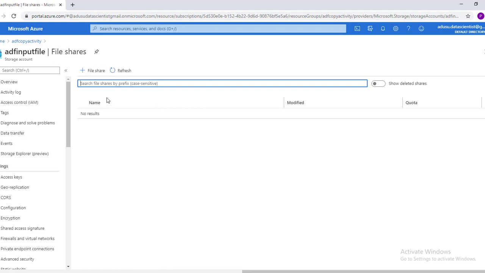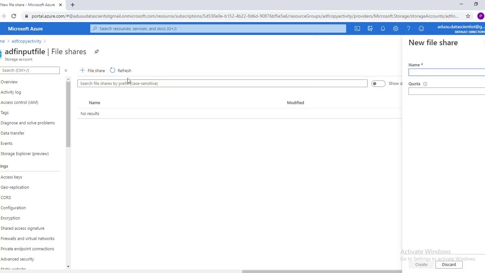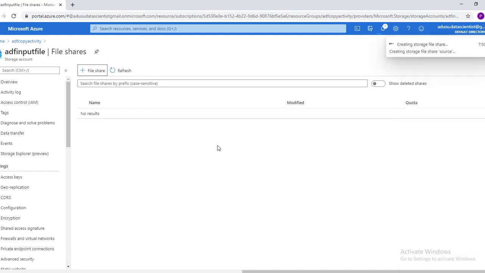We'll use file share here, and in file share we'll add one. The file name is source. We can give an amount of 1 GB, not more than 1 GB we'll use. So we have created a source folder.